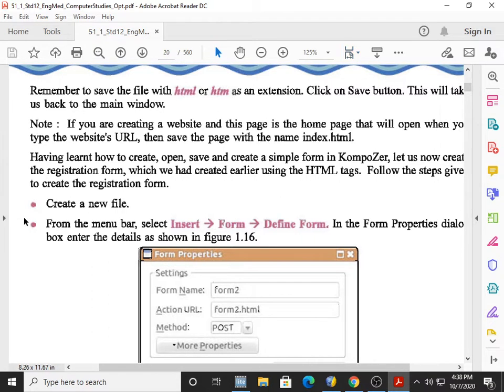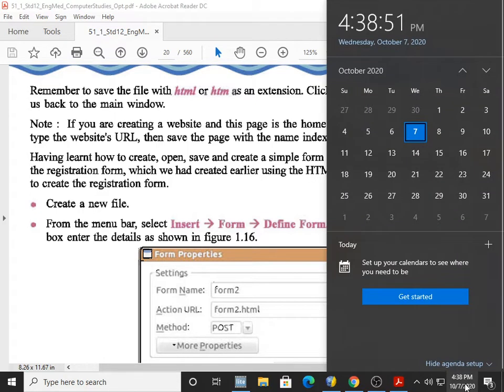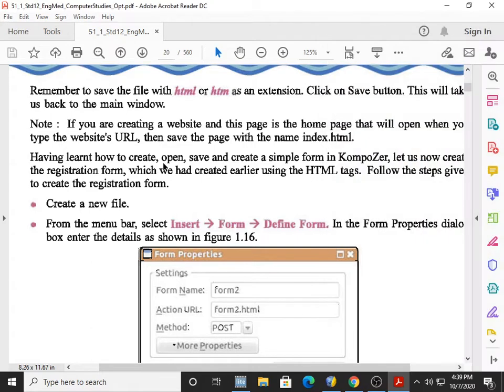Before I start my lecture, as per your demand, I decided that I will conduct one MCQ exam on Saturday. According to the time schedule, today is 7th October, and on 10th October we have a test. The test is compulsory for all the students.